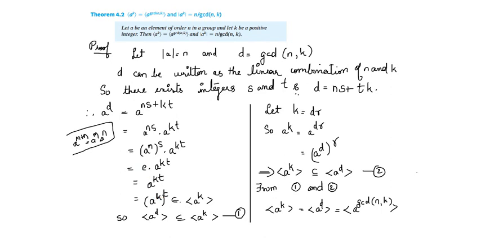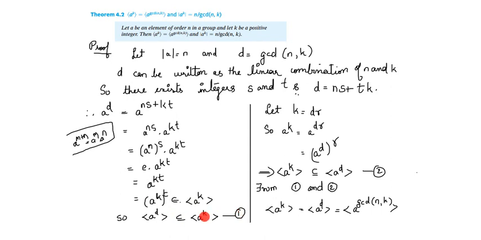So that is basically an element of the cyclic group generated by a raised to k, because it is a raised to k, that element raised to t. So initially we started with an element from the group generated by a raised to d, and you arrived at an element in the group generated by a raised to k. So these two groups, or the sets, are subsets. So the group generated by a raised to d is a subset of the group generated by a raised to k. That is our first inclusion. Now we'll have to prove the converse of this.